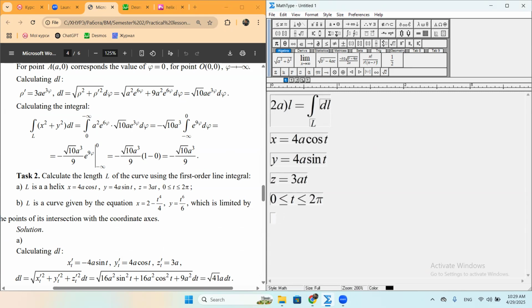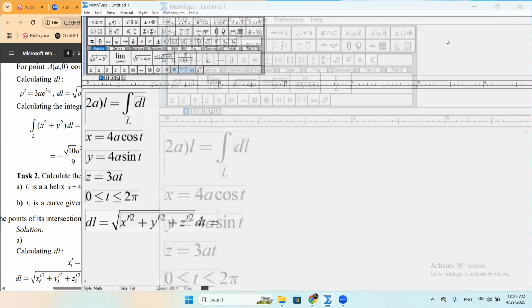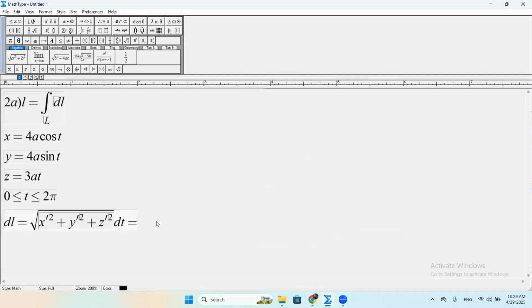How to calculate the differential of curve length? Analogous to the two-dimensional case, but we also add z prime squared. And everything is calculated analogously. So, what do we have here? For a square, 16a square sine square of t